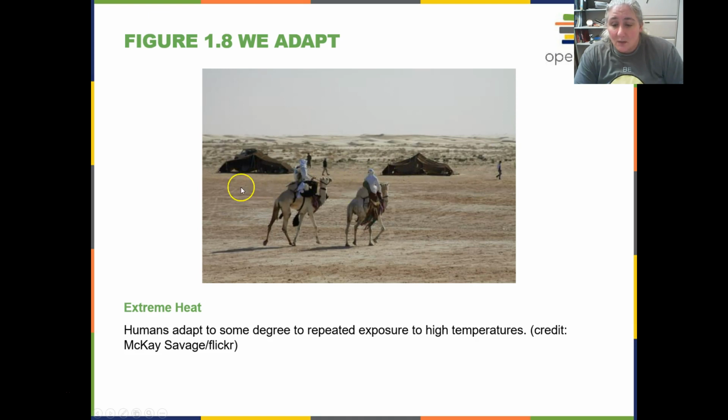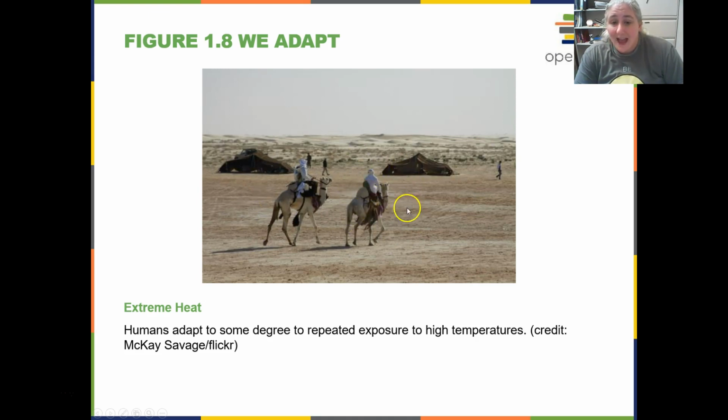They also are going to, depending on how often they're in these high temps, have sweat glands that are able to respond more effectively,